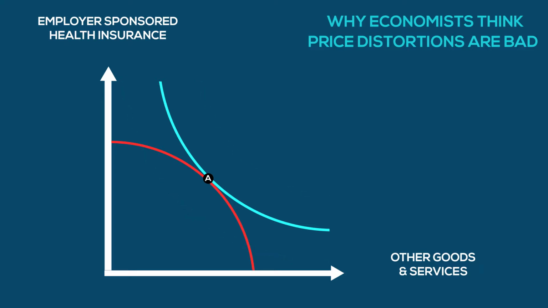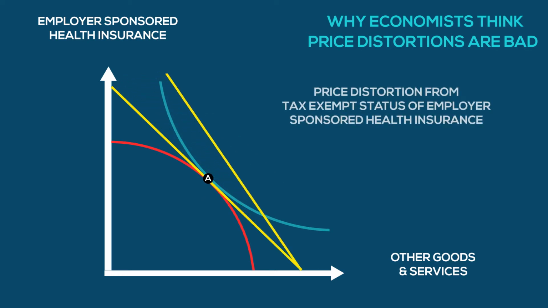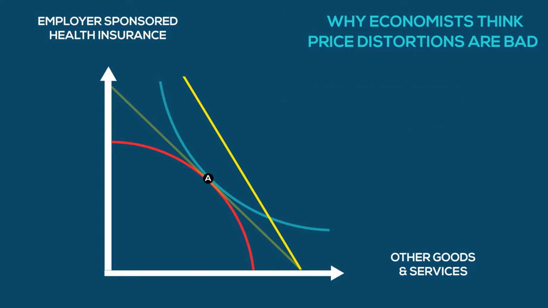The slope of the tangent is equal to the ratio of the market prices for the two goods and services. A price distortion that results from making the employer-sponsored contribution of health insurance tax-free has the effect of making the price ratio line steeper for the consumers. That is, they perceive the subsidy as a lowering of the price of insurance relative to the price of other